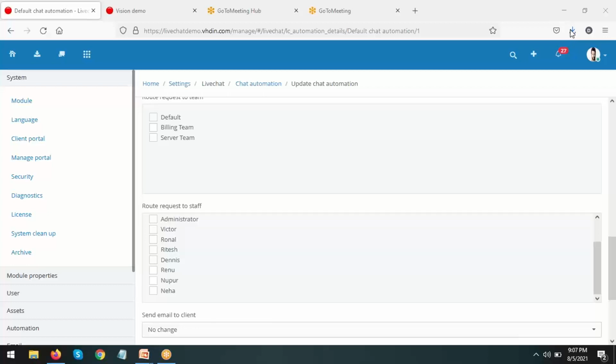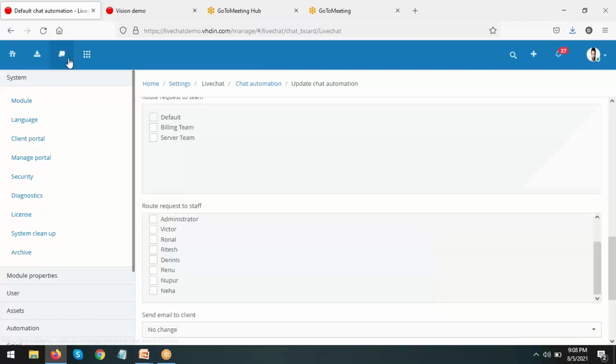And one more thing is, whenever the chat is initiated, we identify the visitor country or the client country. We collect some information, like which particular browser or which particular country this chat is coming from. So based on that, you can have this automation rule set up. Hope this answers your query. I'll show you from where you can get this information.